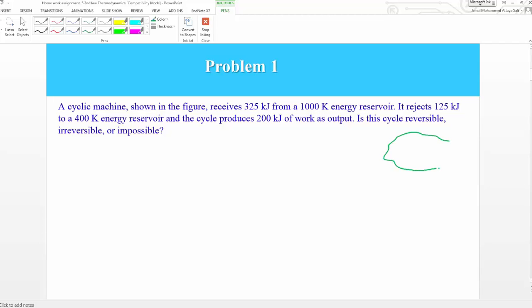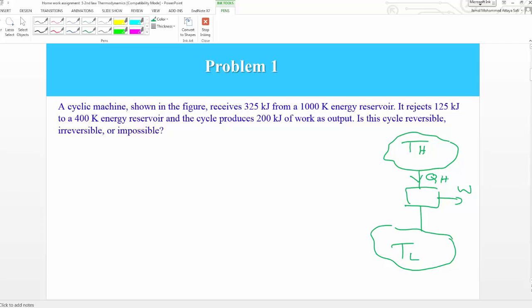a high temperature reservoir at TH, and of course I have a low temperature reservoir which is TL, and it tells me that I have a cyclic machine that works between those two reservoirs to give me work, and this of course is QH, and that is QL, which is heat rejected. And then it gives me some numbers,